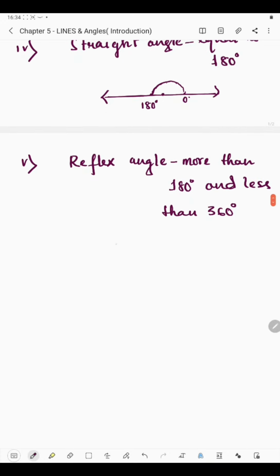Okay, now let's see how it looks. See, this is a line, suppose. Now here is 0 degree. So from here you have 10 degree, 20 degree, this way you have started making the angles, and here is exactly 180 degree, you know that. Now when you come downwards, then it is known as reflex angle. Like here it is 180 degree and you are going beyond 180 degree. So this angle is known as reflex angle.